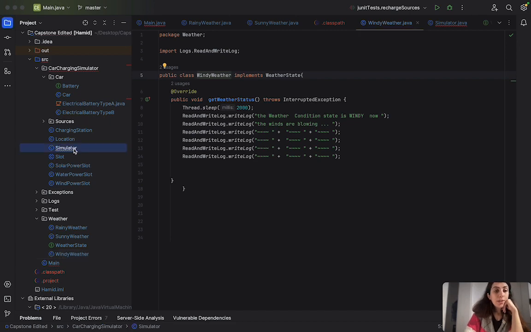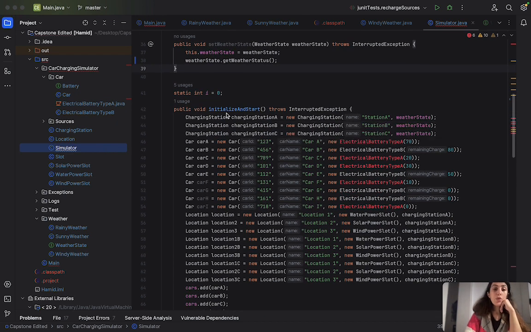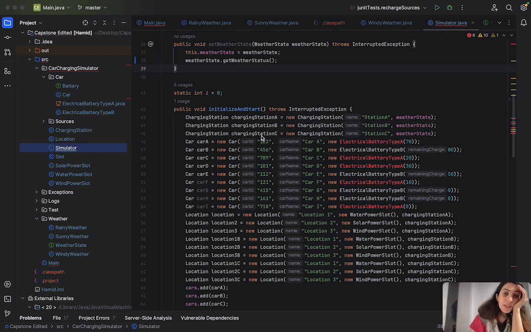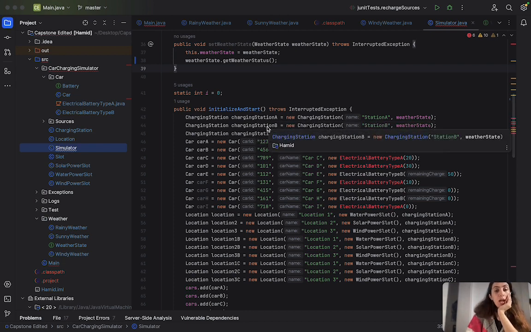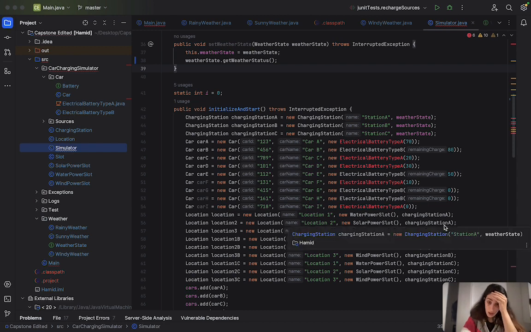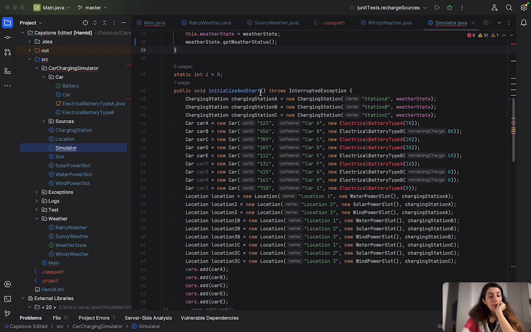Then for setting the cars we go to class Simulator, and here, using the initialize and start methods, we create three charging stations and also some cars A to I with different attributes such as car ID, car name, and battery types, and also locations with different slots. After initialization is complete,